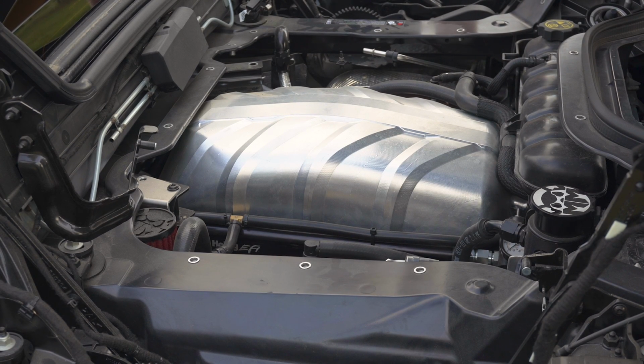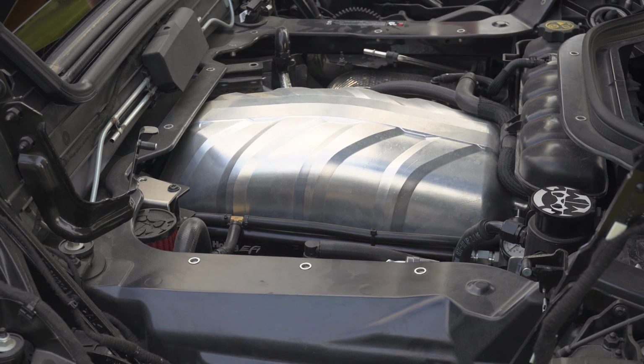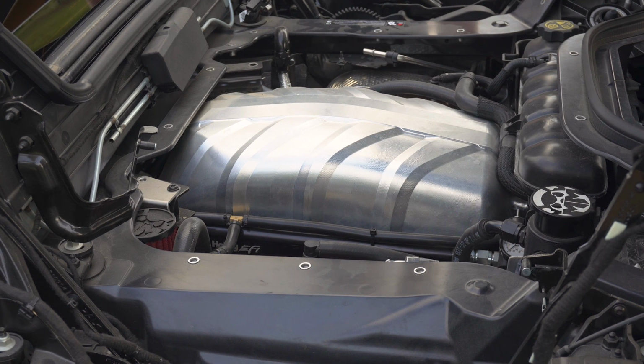Speaking of catch cans, this car features our dual catch can setup from Mighty Mouse. It has one sealed top can that goes back to the inlets of the turbos, using the vacuum that's there to help evacuate crankcase pressure. We also have a filter top catch can, which allows the crankcase to breathe at wide open throttle, but also has a check valve so it can be used at idle and part throttle to pull additional vacuum on the